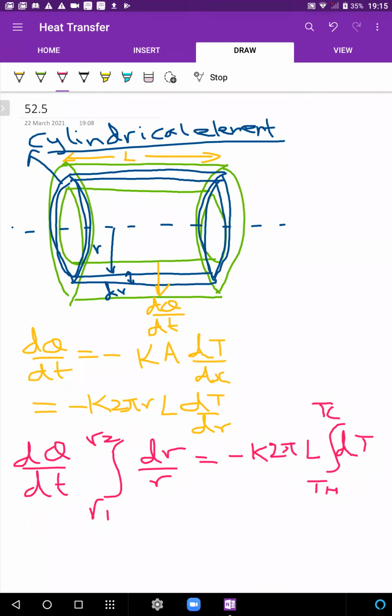One of you is asking where 2 pi rL came from? So what is the cross section area for this element? What is the curved surface area for a cylinder? Yeah, the circumference of the circle into length, 2 pi r into length. That's where it comes from, right? This curved surface of the cylinder is the area perpendicular to your heat flow. So that comes out to be 2 pi r L. Got it? Makes sense?